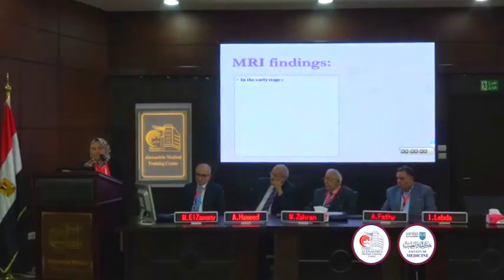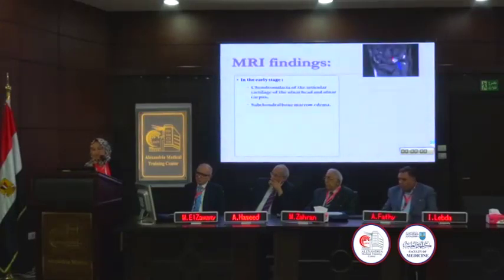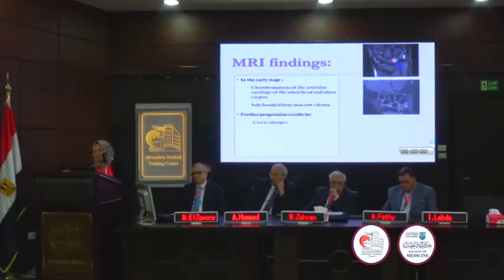By MRI, we will identify the rest of the spectrum of pathological conditions. In the early stage, we can identify chondromalacia of the articular cartilage at the ulnar head and the ulnar side of the carpus, subchondral marrow edema at typical locations at the ulnar side of the lunate and radial side of the triquetrum, and further progression will lead to development of cystic changes,